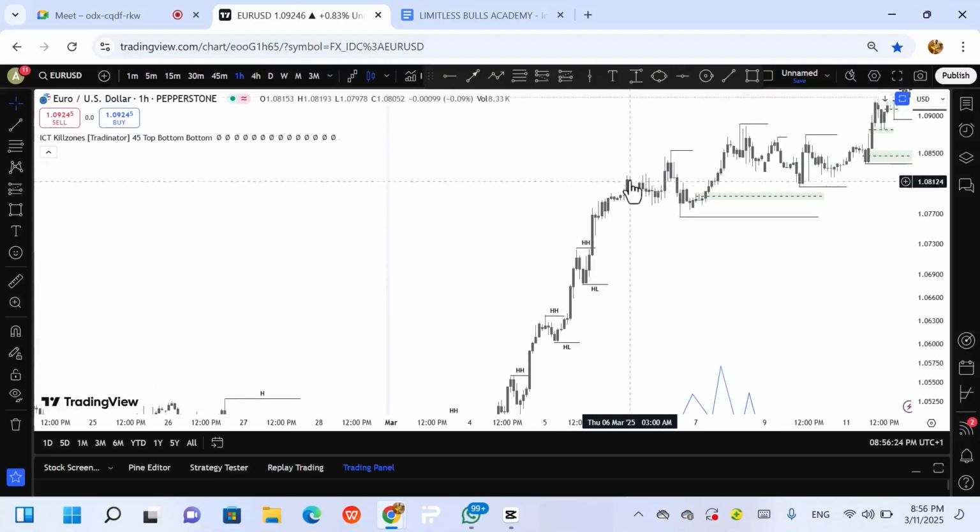So at this point now, this is a higher high, then this is a higher low. Then where is the next higher high? This is not the next higher high. Please, I beg you, get the concept, because if you do not get this now, there will be a problem.